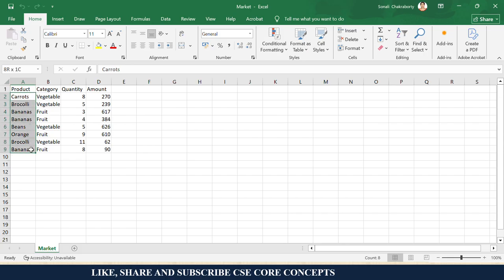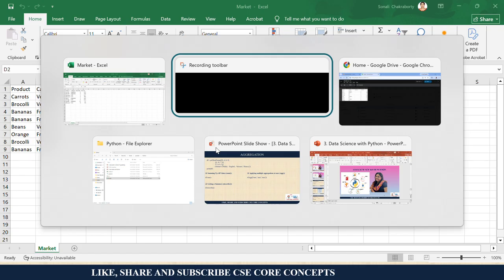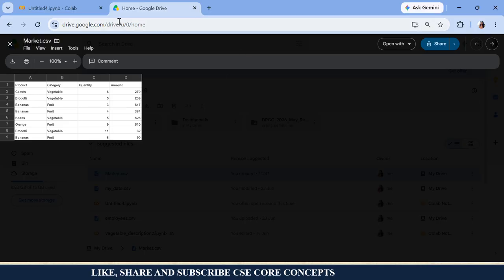I have certain products being sold, like carrots, broccoli, bananas, beans, orange, and they belong to a category, like fruit or vegetable. How much amount is sold? With every customer coming, I am storing it, like you do the billing in the supermarket, right? And this is the amount which has been done. So these are all the transactions which have been done.